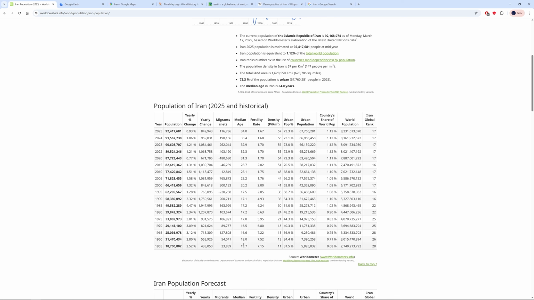But what is interesting here, look at this: in 1955 the median age was 20, and now it's 34, so they're getting old pretty fast, I would say. But more alarming is the fertility rate. Back then in 1955 it was 7.1, which is insane, and now they are well below replacement at 1.6. They got a bit above replacement around 2015, but from 2005 they got below replacement rate. So this has been happening for a while, and we're going to see how it plays out in the future. The urban population back then was 31%, and now it's 73%.